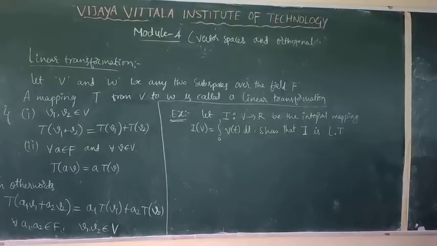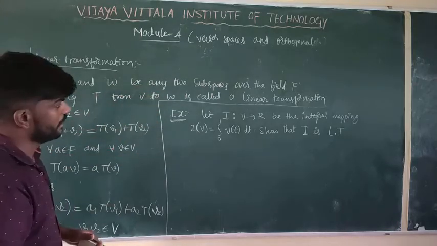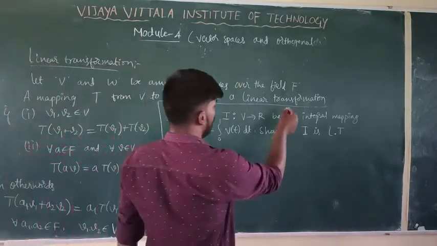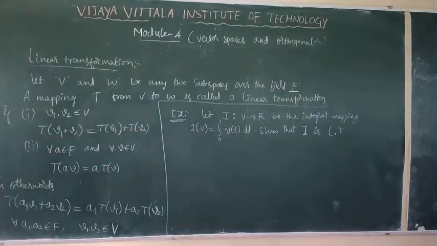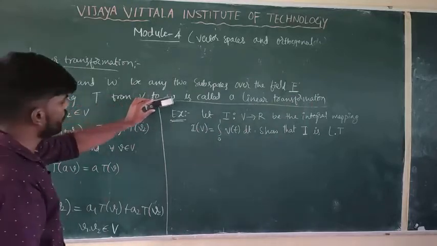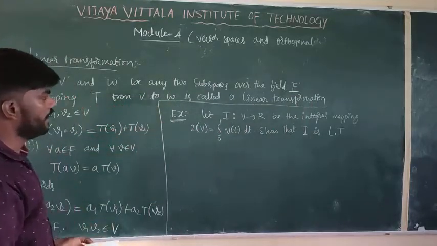So now we'll see the definition of linear transformation. The definition is: let V and W be any two vector spaces over the field F. Here the field contains all scalar points, and a mapping T from V to W is called a linear transformation